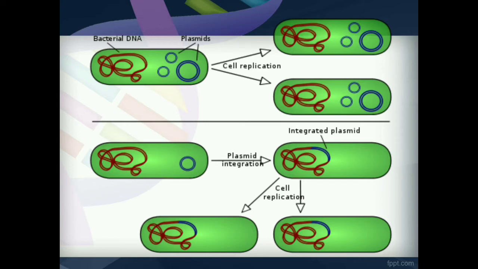Insertion of a vector into the target cell is usually called transformation for a bacterial cell. If it occurs in a eukaryotic cell, we call it transfection. And if it occurs with a viral vector, we call it transduction. So here it is a bacterial cell, so we call it transformation because the vector is inserted into the target cell.